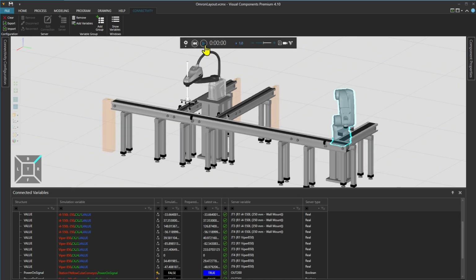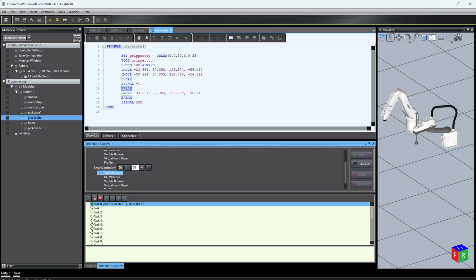And now let's click play to run the simulation. And switching over to the ACE environment, we can also see the robot programs being executed.